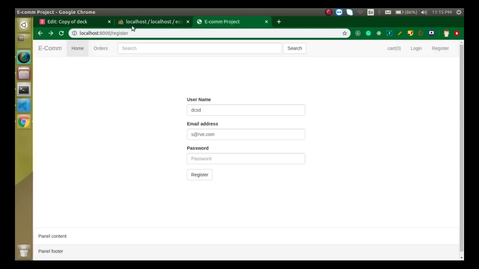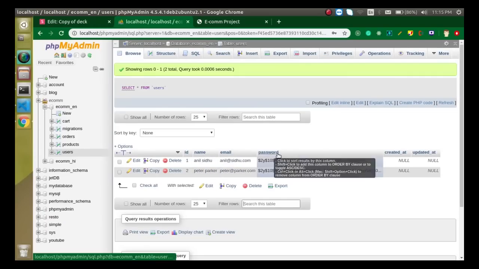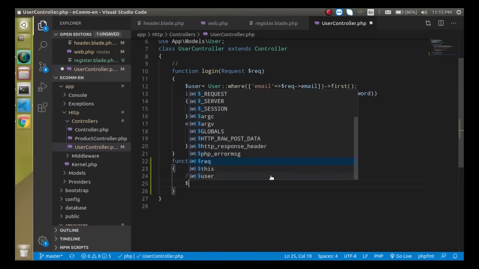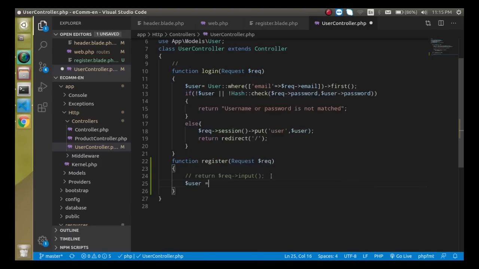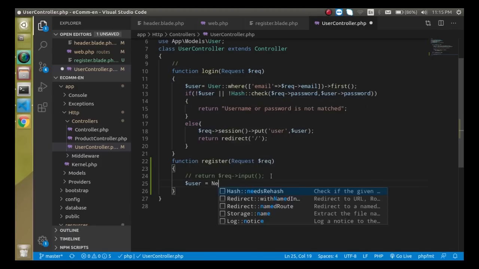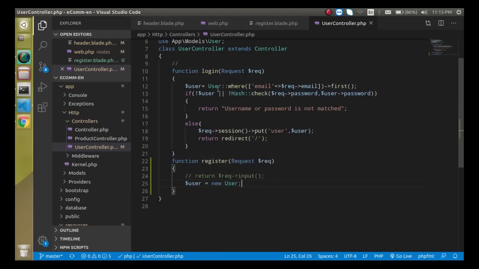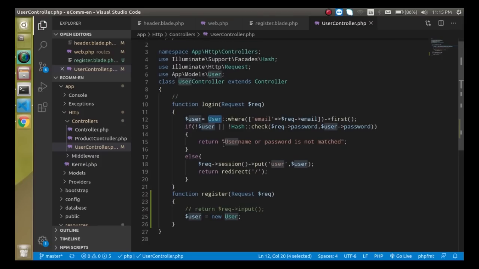All the data we are getting: name, email address and password. These are the three things we need for this. So now, just remove this line and make an instance of the user model. Just write here new user, right? So this will be the same, but at that time we just need to make a new instance, and write here user